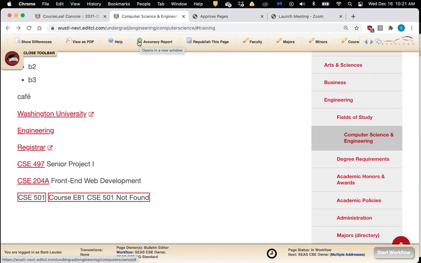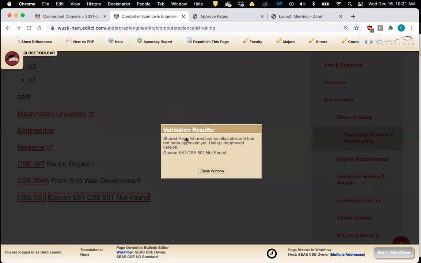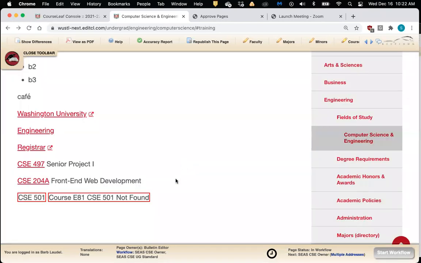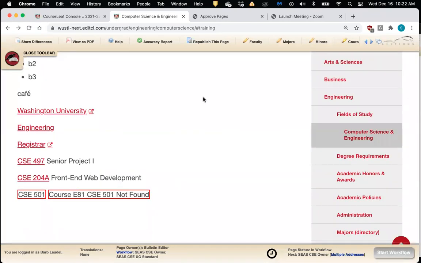When I click on accuracy report, it will generate a report. One of the things it will show is, okay, this CS501 not found. So it shows you that you're displaying something on the page that doesn't exist, so you'll probably need to fix that. That's a quick and easy way to see if you have any red boxes.